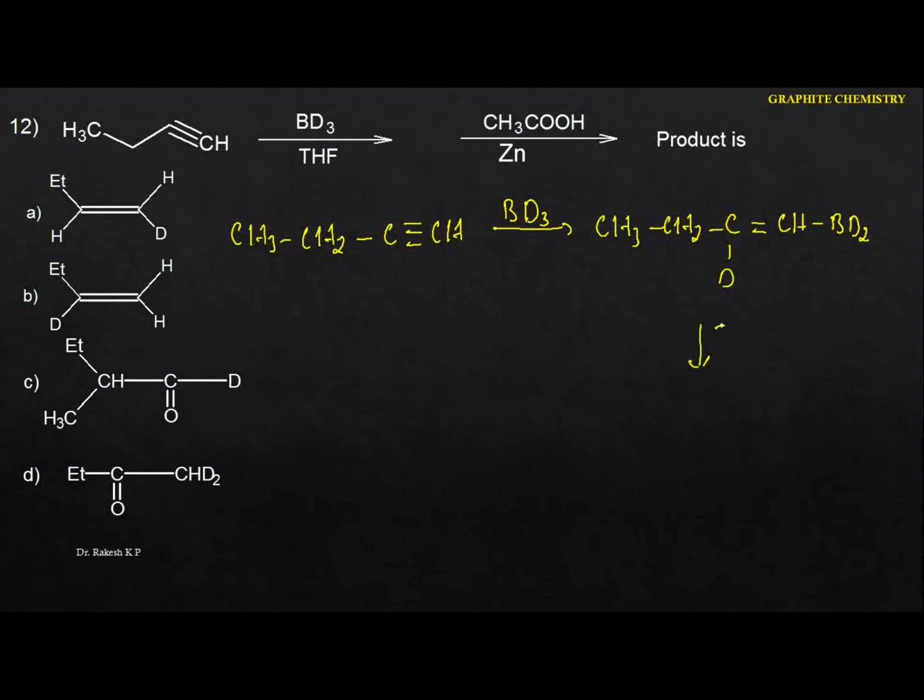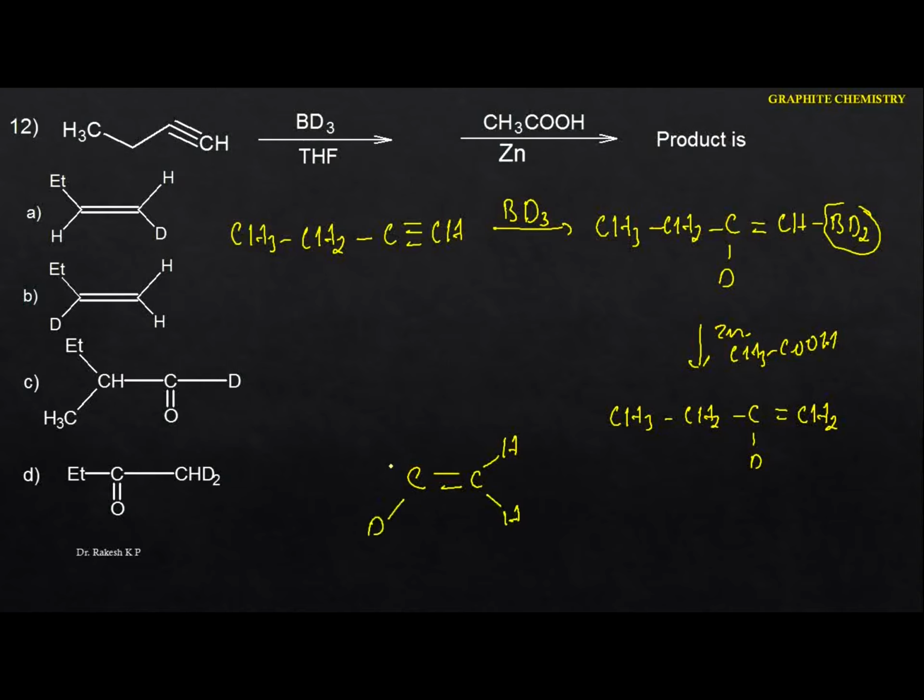And the next thing we are having is zinc and acetic acid. That means they undergo reduction. So in the reduction here we are going to get this one, that is the CH3CH2. That means here we are going to remove this part, and we are going to get the CH2. If I write in the bond line representation, here we are having a carbon to carbon double bond, we are having 2 hydrogens, and again this is the D. This CH3CH2 is nothing but the ethyl. I'm going to write it in this case. Hence in this case the option is B.